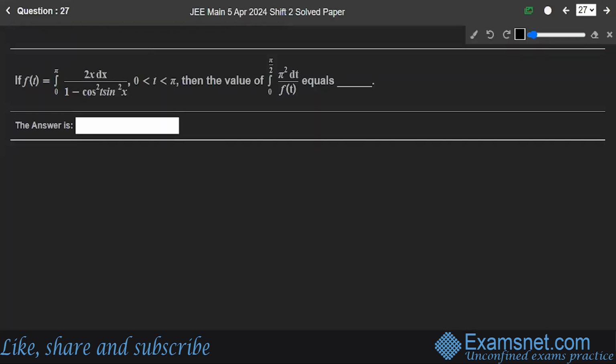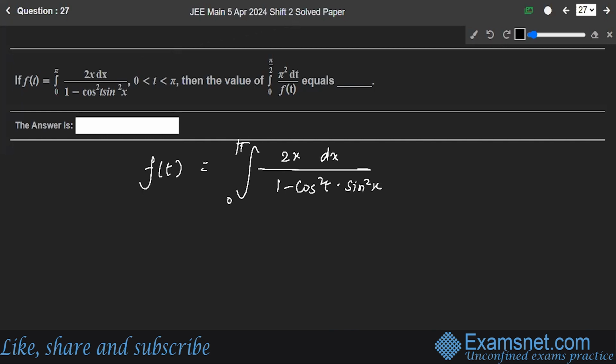Question number 27. If f of t is given by this integral where t lies between 0 to pi, then the value of this integral is equal to what? Okay. Let's start with writing the integral f of t is equal to integral from 0 to pi of 2x dx upon 1 minus cos square t sine square x. Let's apply the King's rule,